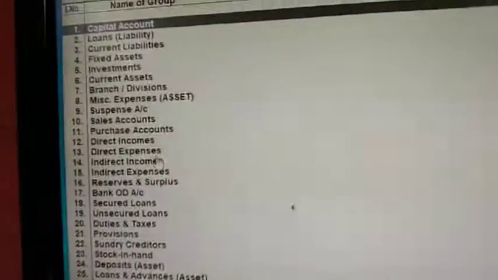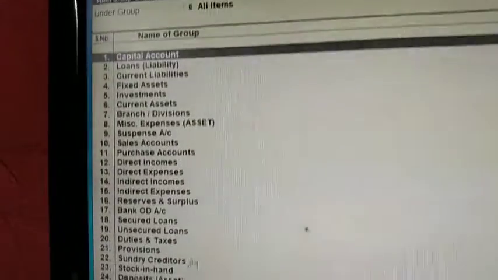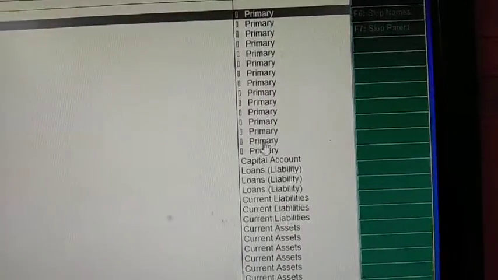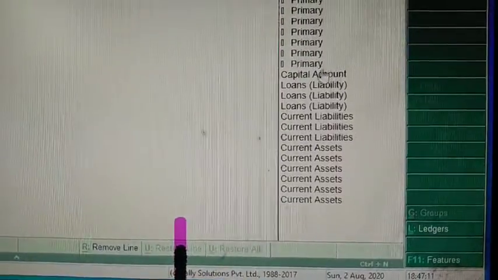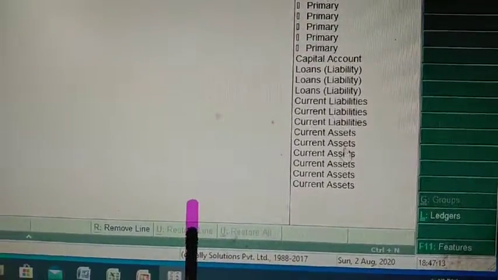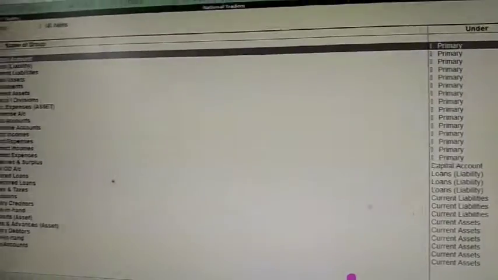All the required groups are already inbuilt, under which primary groups and some of them are subgroups, it is already built in.